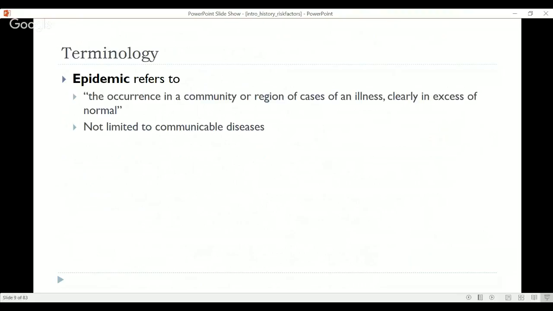Epidemics are not limited to communicable diseases, right? We can have injury epidemics. Take, for instance, car crashes. At one point, there was an epidemic of injuries from car crashes, and then the public health community worked to change safety laws and laws around driving. Also there are a lot of chronic disease epidemics. I'm sure people have heard about the obesity epidemic or the diabetes epidemic. These aren't infectious diseases, but they are still